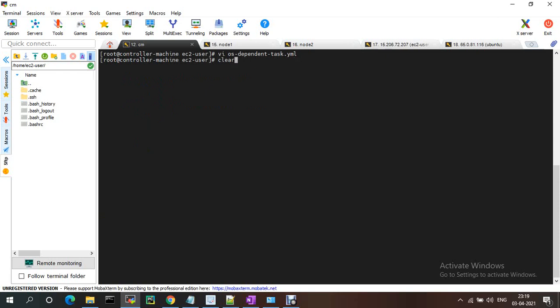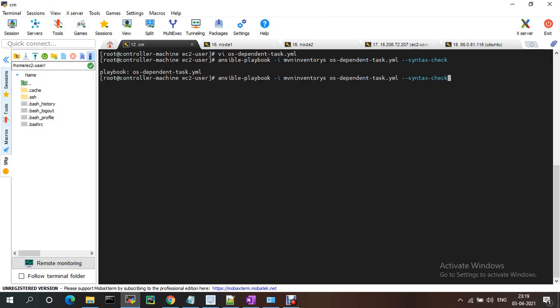Now let me execute this one. Now the playbook is OS dependent tasks. So playbook is good.